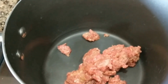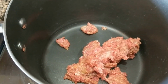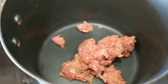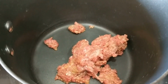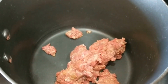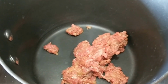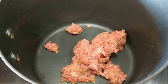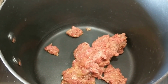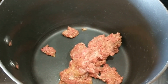While the meatballs are in the oven, I'm going to make a tomato sauce. There was a little bit of meat left over, so I'm going to start off with that. I'm going to brown this, and then I'm going to add some onion. I'm going to make some tomato sauce to go over the spaghetti squash for us tonight, and we're going to be adding the meatballs to this. It smells so good right now in my kitchen. It smells like pizza. So I'm going to brown this up, and then I'm going to add some diced onion